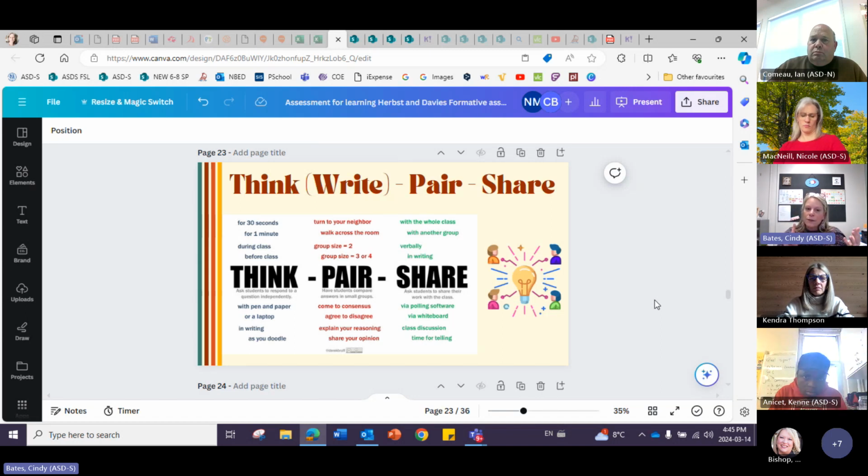You could be explaining something, defending an opinion about something, sharing an opinion, or providing information about something from a previous lesson or a current lesson. There are just so many different ways that this can work. And that's where the share comes into play. So you can share with your peer, then you can move one peer group with another peer group to share